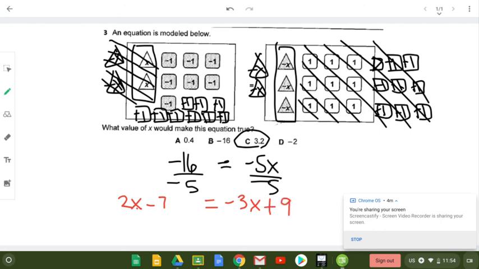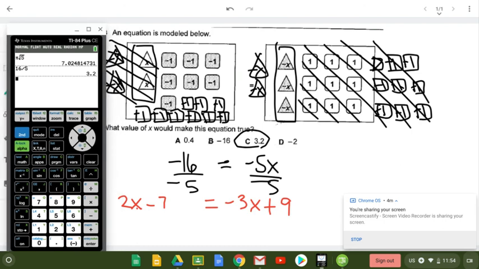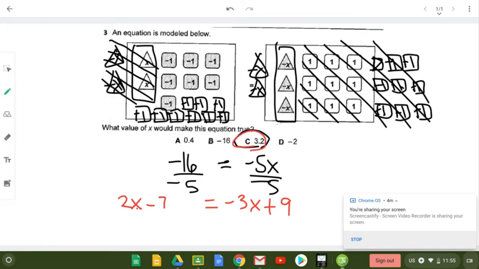So watch how I do this. I'm going to take this and put it directly into the calculator. So how this is going to look is I'm going to hit the math button, tab up, go to the numeric solver. And I'm just going to put these in as they are. So 2x minus 7 on that side. And then I'm going to put negative 3x plus 9 in on that side. I'm going to hit OK, and I'm going to hit solve, and I'm going to get 3.2 either way. So you have multiple ways to solve